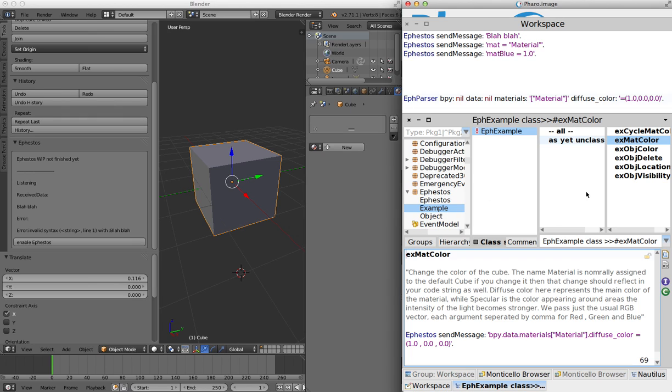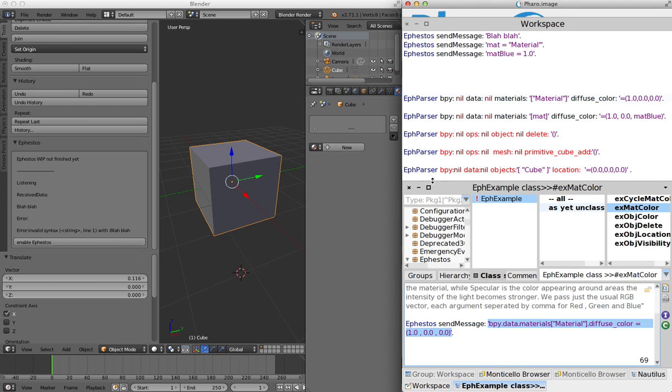This one is the readers example here. This is exactly the Python string that changes the material. It uses bpy.data.materials. It works very similar to objects. It uses a string to access the materials dictionary, and then, of course, inside the dictionary, the diffuse color property, and passes a vector of red, green, and blue. Now, to do this, very similar to